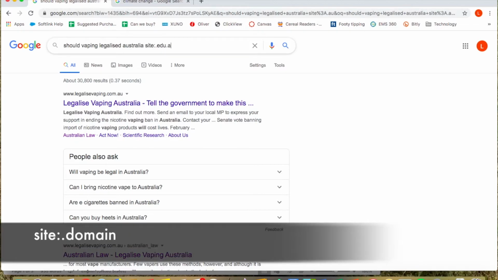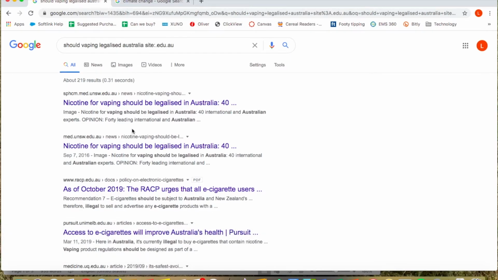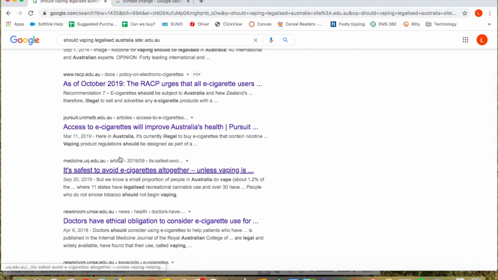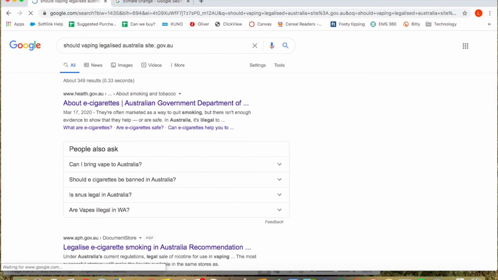We can see if there are any academic papers from research areas of universities, as you can see, the University of New South Wales. And if you are wanting some government information, you type in .gov.au, and then you've got your government information. So it's all coming from authoritative sources.